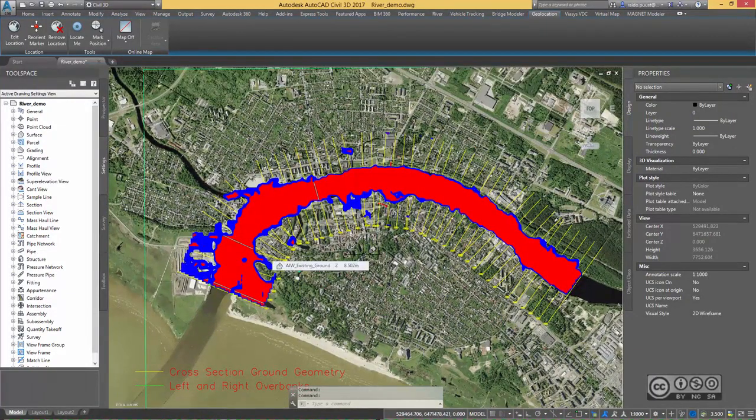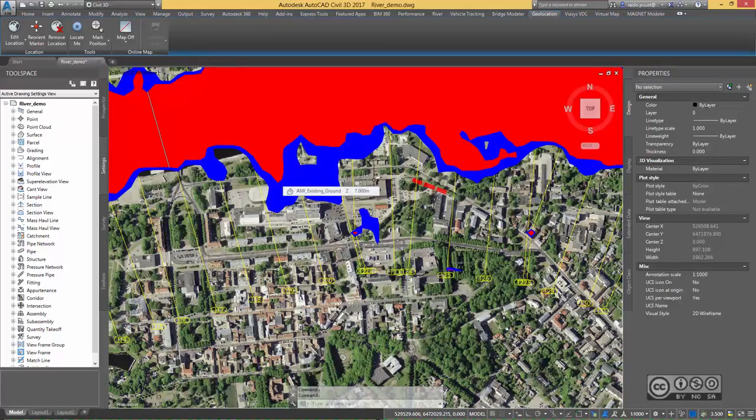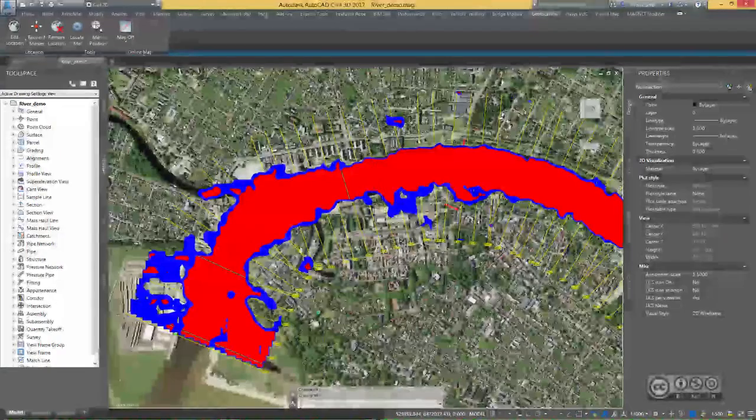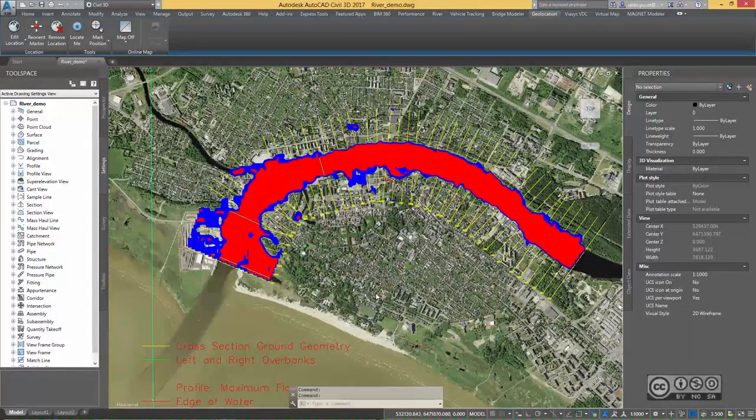So you have to test different services that are available at your location. If I zoom in, the level of detail is getting higher. My river bank lines can be followed from this WMS service perhaps more exactly. So basically you can digitize your new left and right bank lines and do more exact studies. We will finish up our video with some other possibilities from river and flood analysis module in terms of calculation